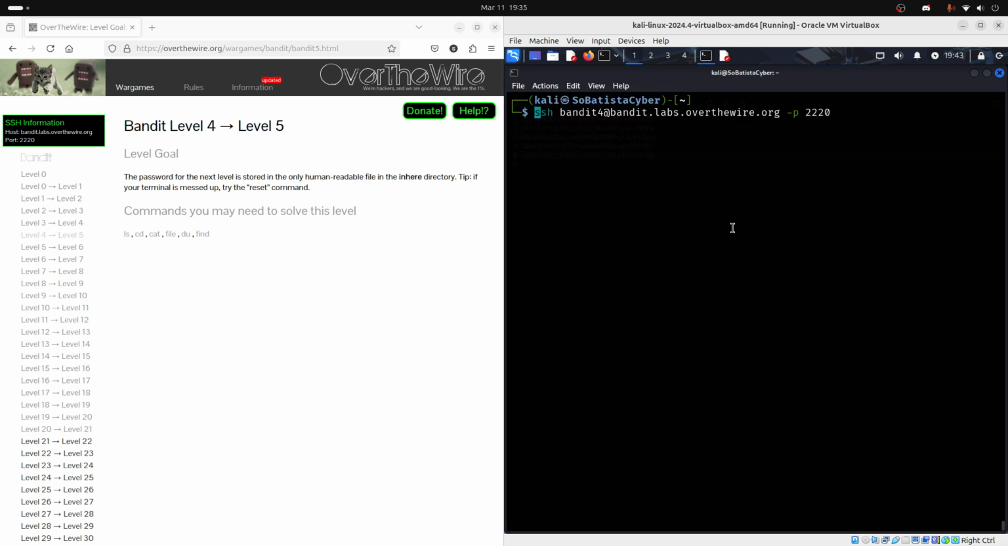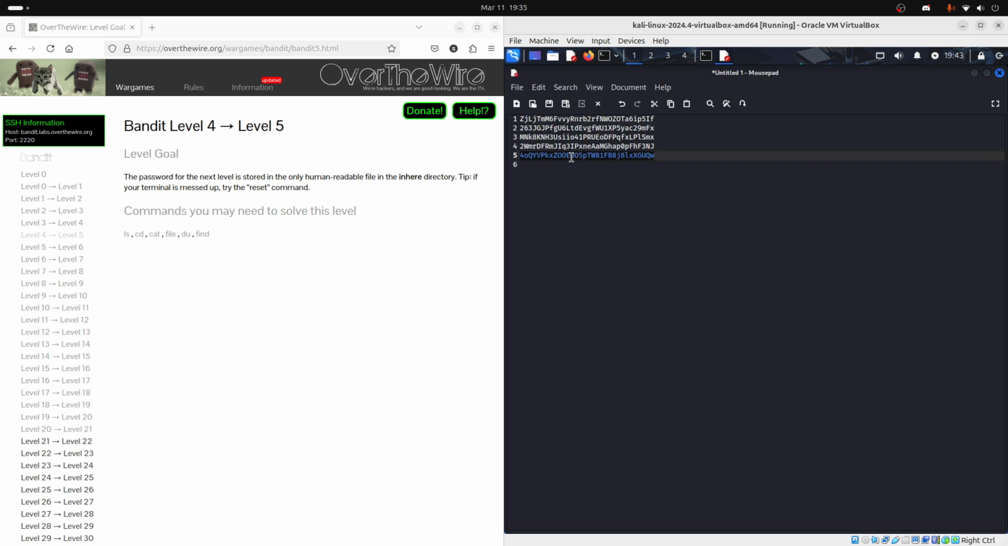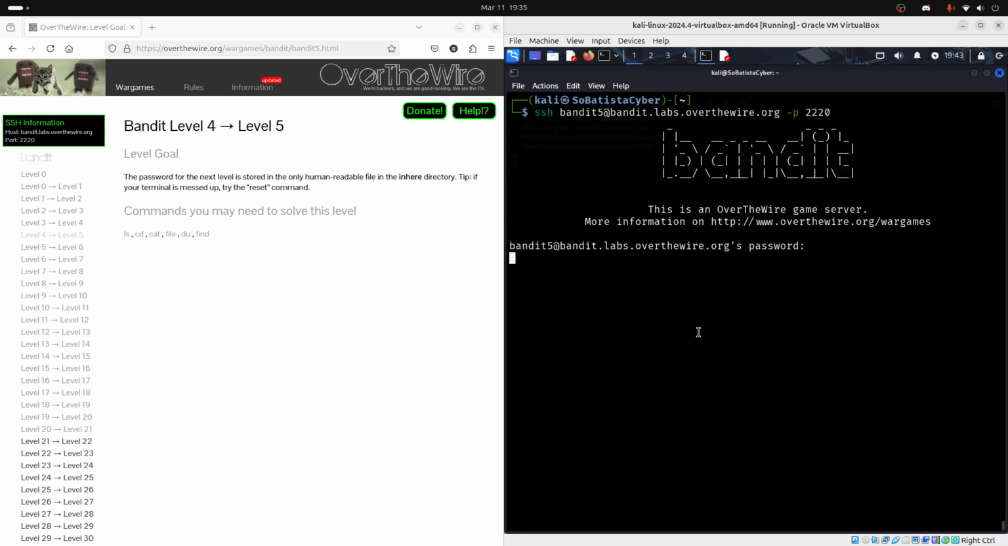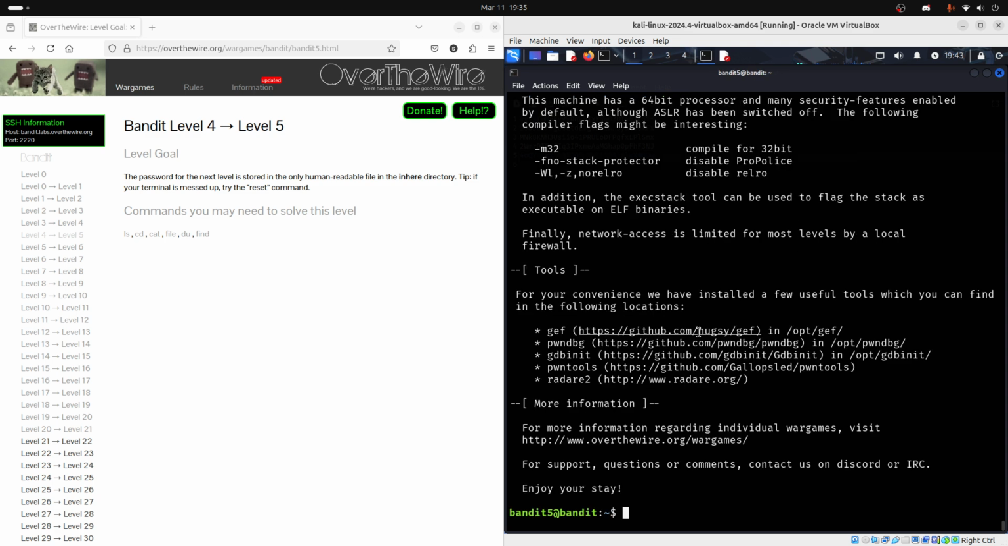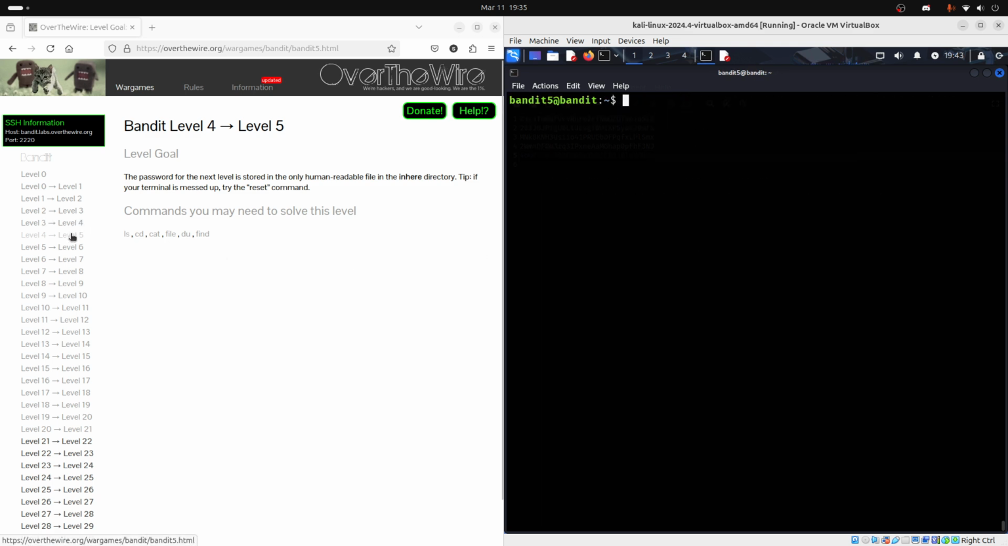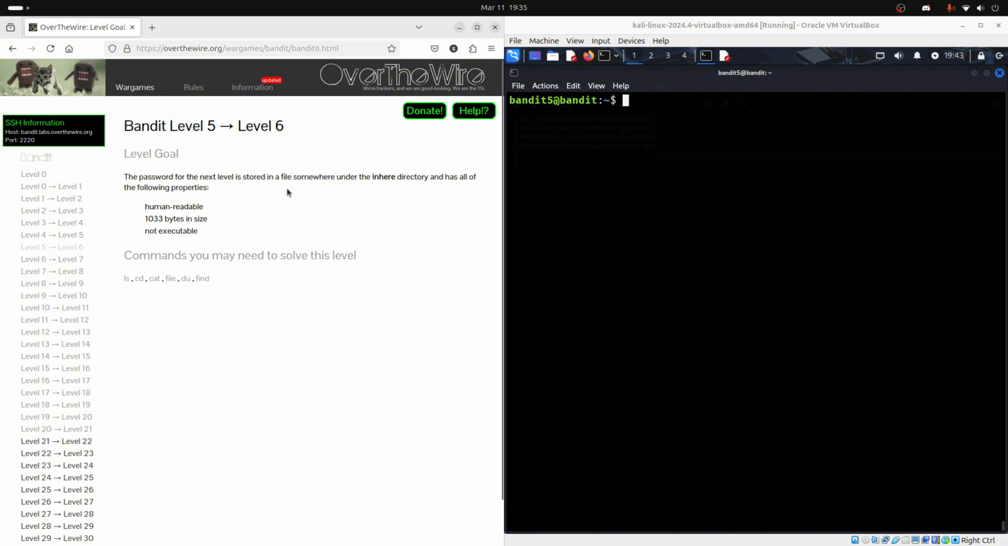Okay, so let's log in, but with Bandit 5, like so. Let's copy this password, paste it here, let's see, and we are in. So let's see. The password for the next level is stored in a file somewhere under the inhere directory and has all of the following properties. So the file is human readable, has these bytes in size, and it's not executable. Let's see, cd inhere,